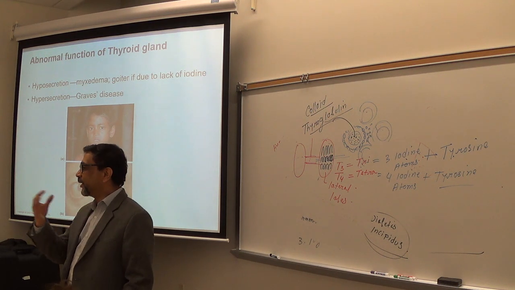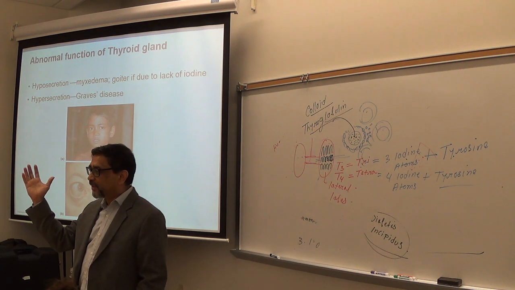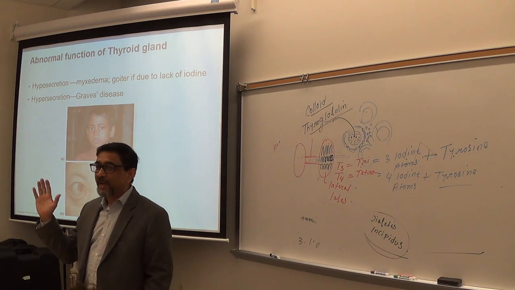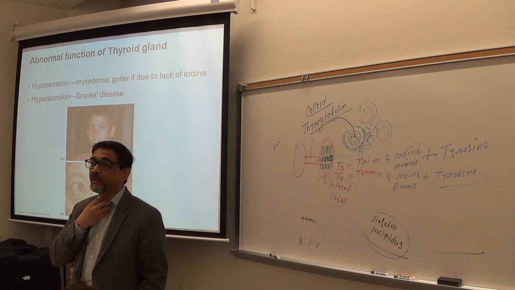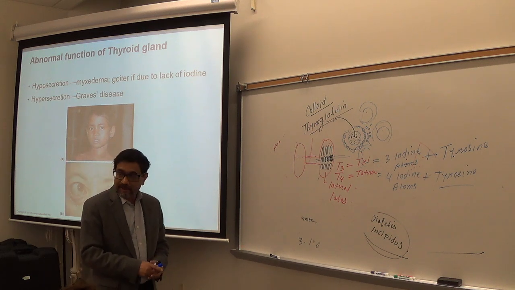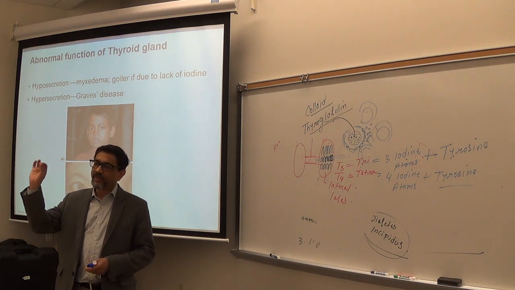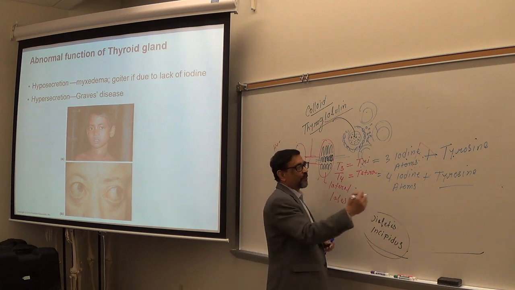If you go to third world countries, poor countries, kids don't get enough iodine-rich food. Make sense? So, lack of iodine or iodine-rich food can lead to goiter. So, you will very often see the kids have goiter. Here, you don't see many. Why? Why does hyposecretion lead to goiter? You remember I said you need